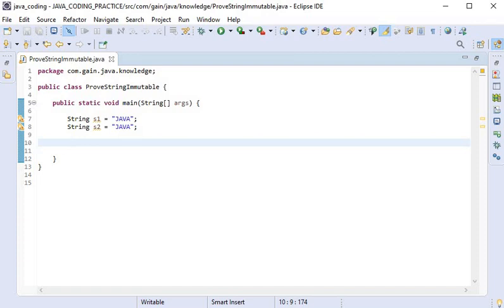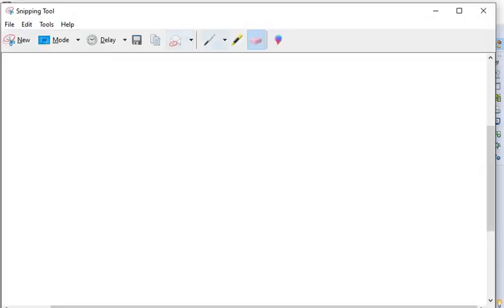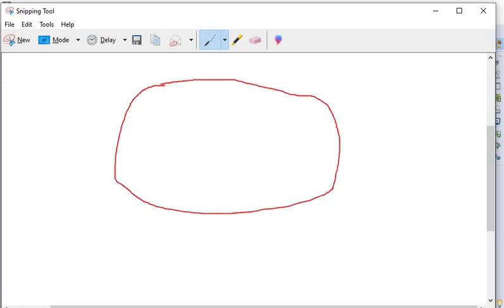So here I have created two strings, string s1 and string s2. Here we have declared two literals, s1 and s2. When I create string s1, the first object will be created in the string constant pool area, that is SCP memory.